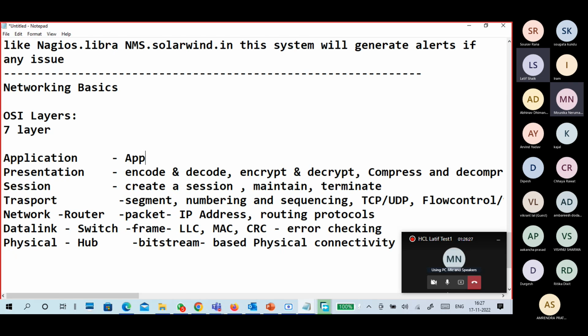This works only on the application. It is dealing with an application like a web browser.